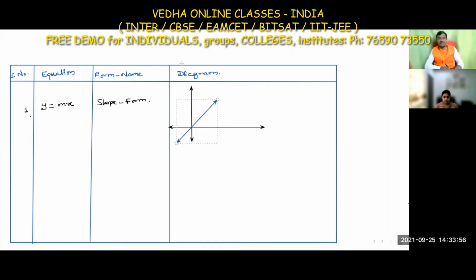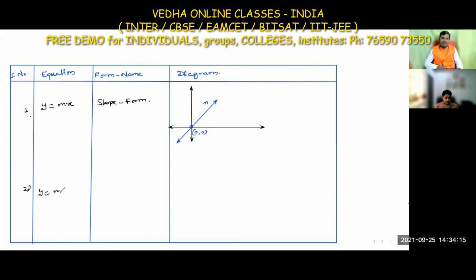When we know the slope of a line, m, and it passes through the origin, then we use this formula. After that, the next one is